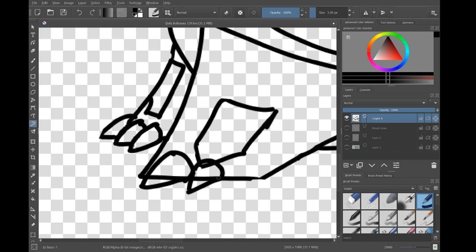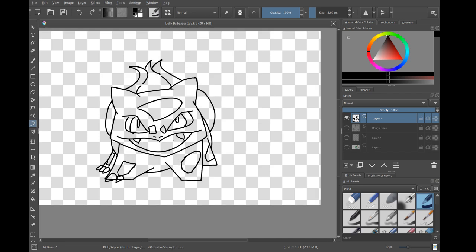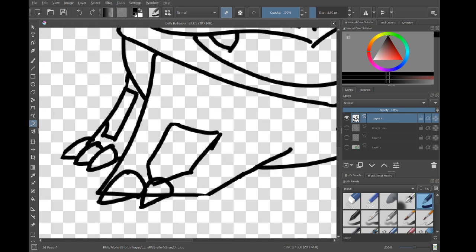You know what? I don't like how low I made her pentagram spot. Pentagon. Let me look at it again. Yeah, I want that higher. I want that higher. I don't think I want it higher, I don't want it as long. So we'll...